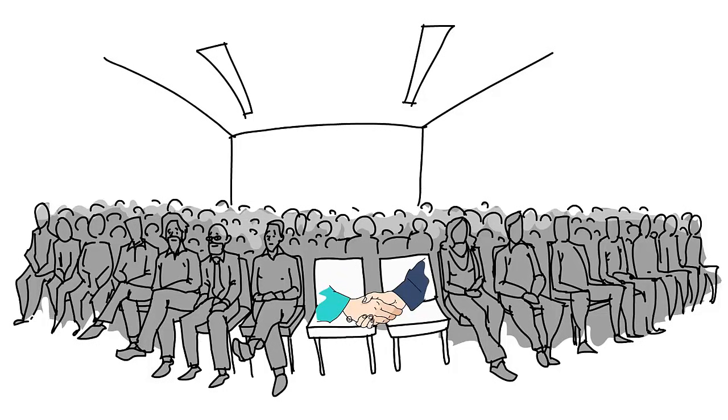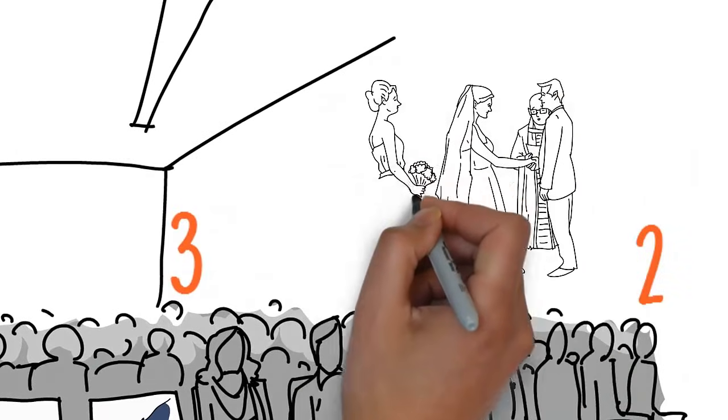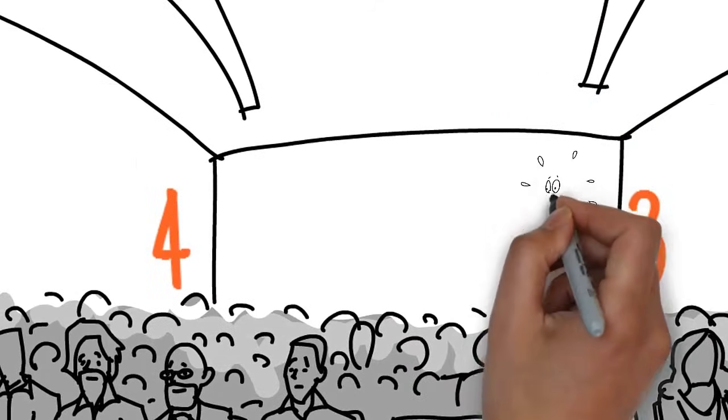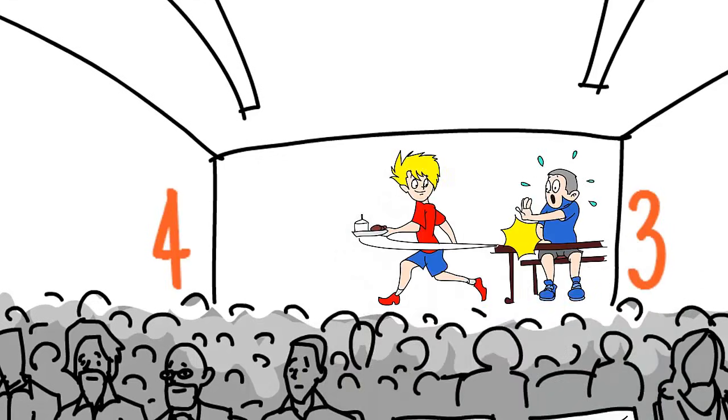That's your starting point. Next, choose specific locations in the room or audience to visualize more images. Keep this nice and simple. You could choose the corners of the room and the corners of the audience. Whatever you decide, make sure there's a natural progression from one spot to the next because that's going to help you recall the correct order of your speech. You'll start with the introduction, then you might mention what a lovely wedding ceremony it was and say how beautiful and charming the bridesmaids are. Tell a funny story about how you and the groom met when you were kids and how he used to steal your lunches at school.